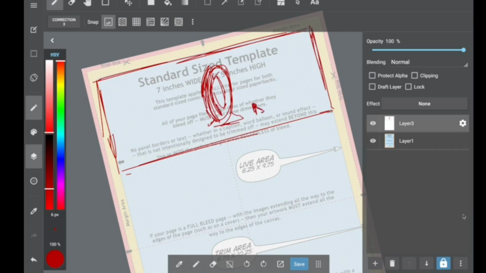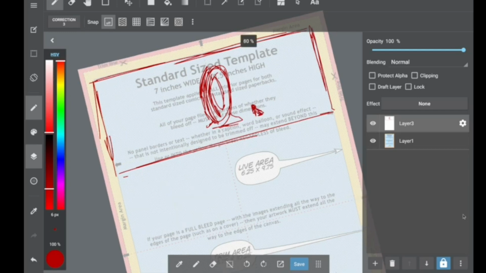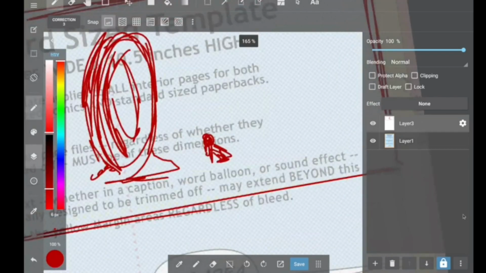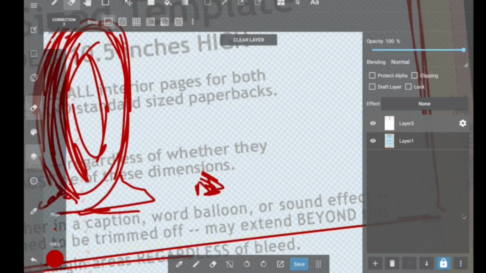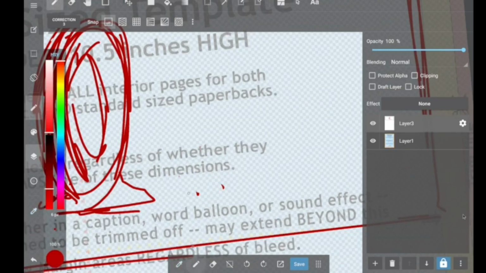There's our figure. Roughly. I don't like the figure. I want the figure to be more contrite, so I want the head down. So it's gonna be tricky, but